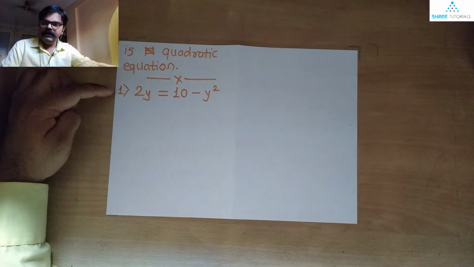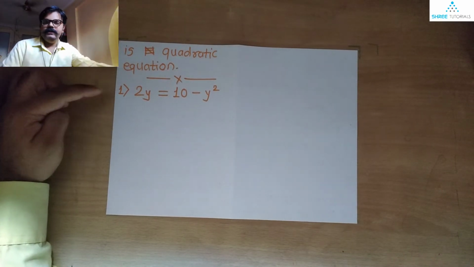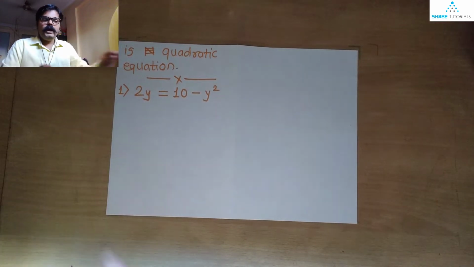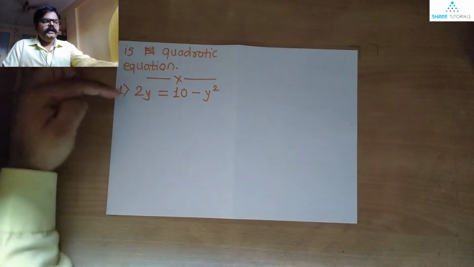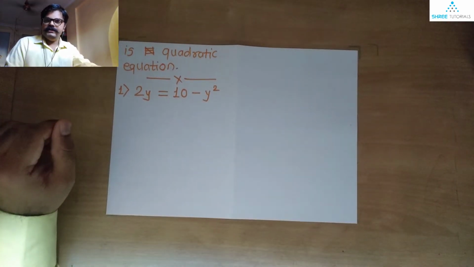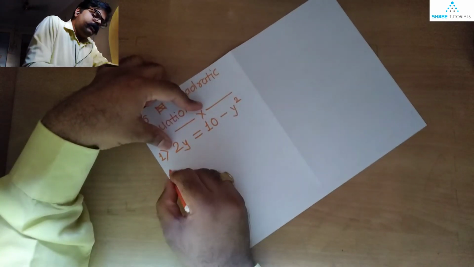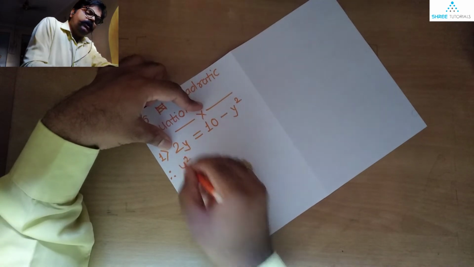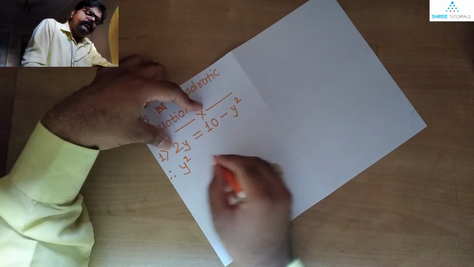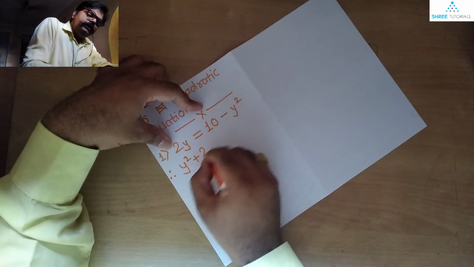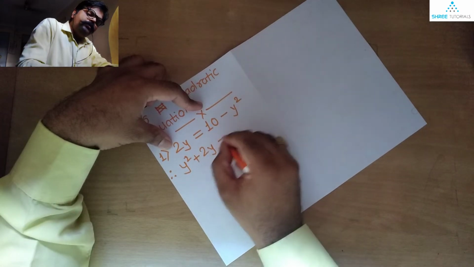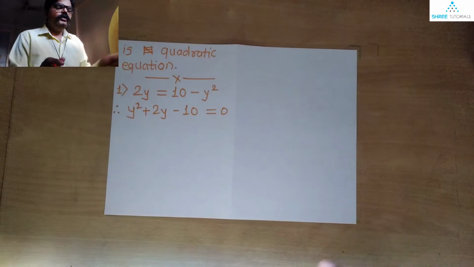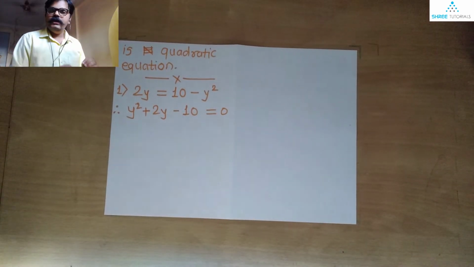Therefore, certainly we can take a call that this remotely does not look like a standard equation, like a general form. Therefore, I am going to move everything on the right hand side of this equation towards the left hand side. Therefore, the equation will look somewhat like this. That's why I am moving over here. It will become positive y square. This minus 10 will be over here, but over there is a place of plus 2y minus 10. Now please note, all the terms we have moved on the left hand side.